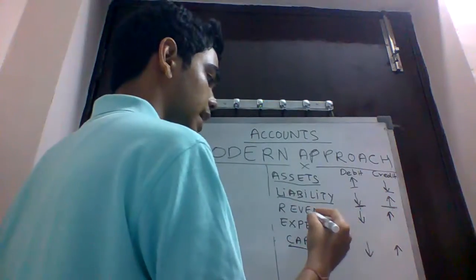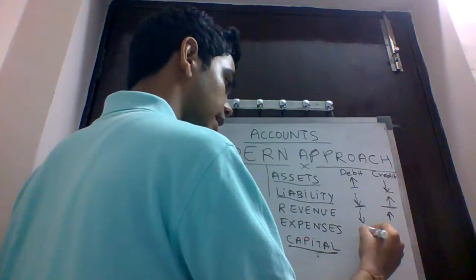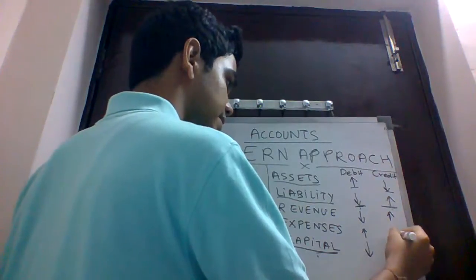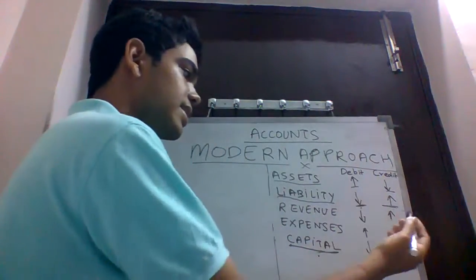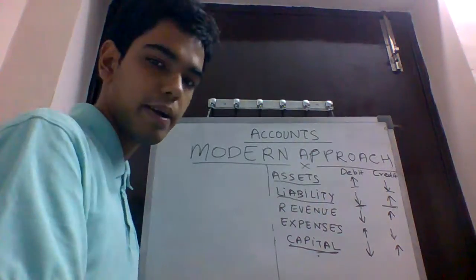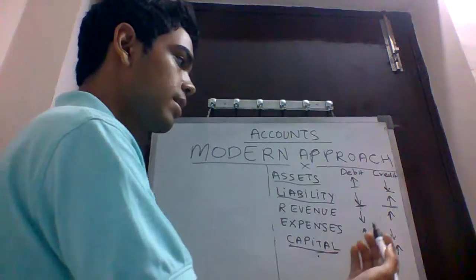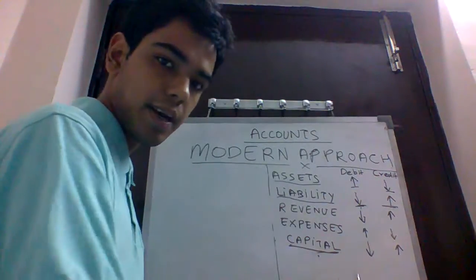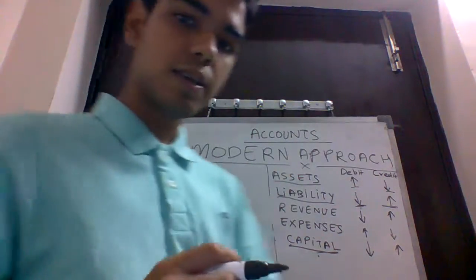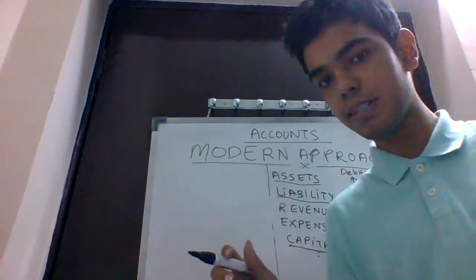Alike, expenses in which increase is debited and decrease is credited. So increase in revenue is credited and decrease in revenue is debited, and increase in expenses is debited and decrease in expenses is credited. Now the simple reason to it is that capital has always a credit balance due to